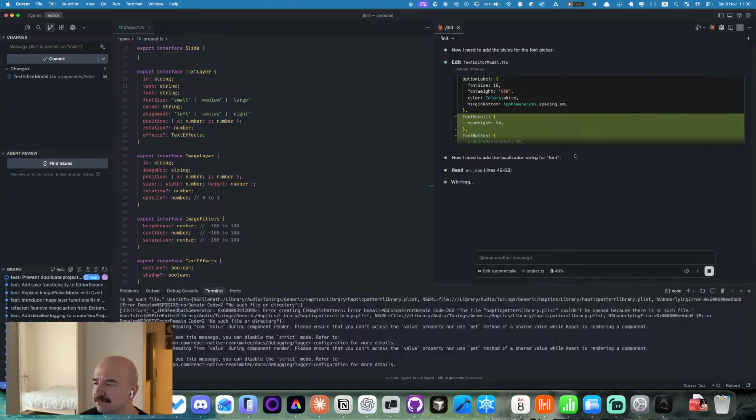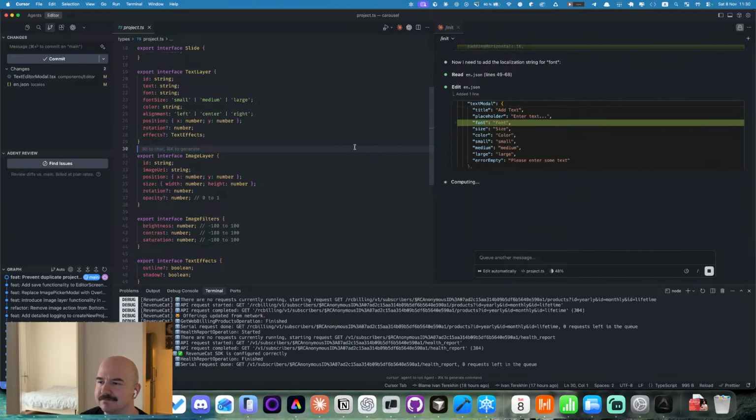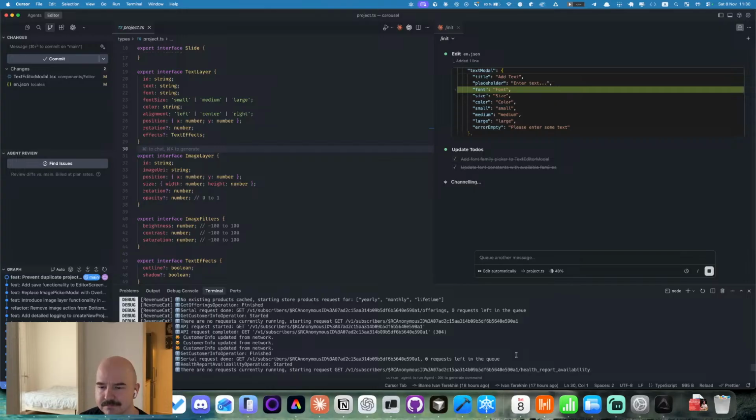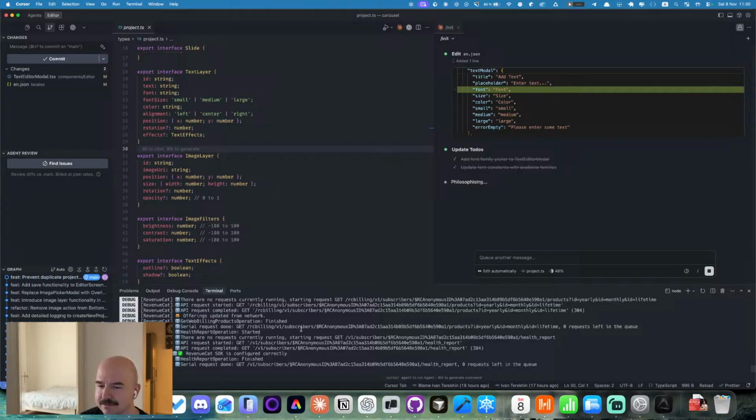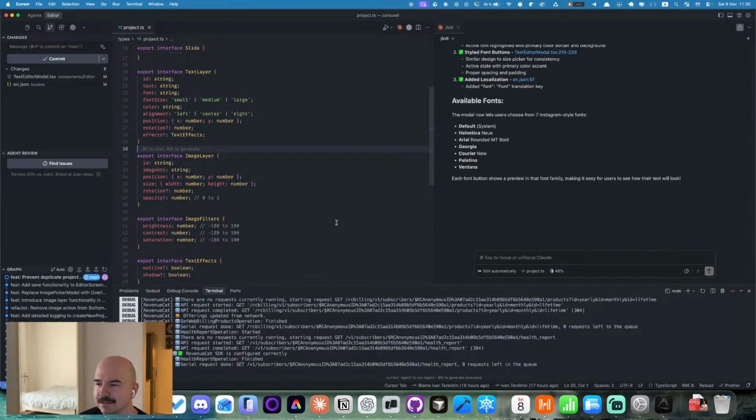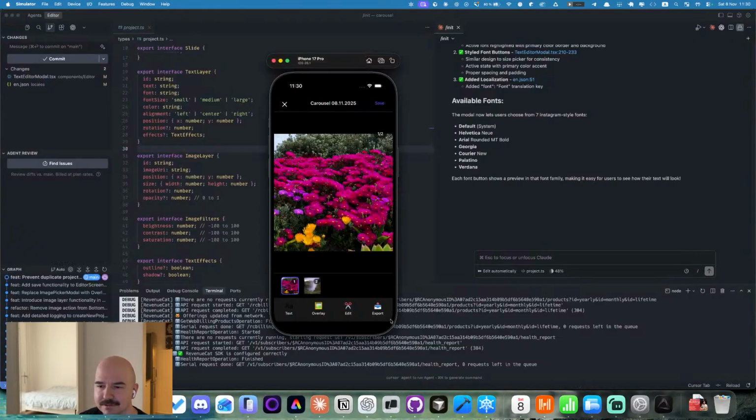So we will have some font style here. Should be working just fine. Yeah, this is the text model. I don't know why, but this thing is always reloading. Maybe I need to do something about it. Let's see this thing.